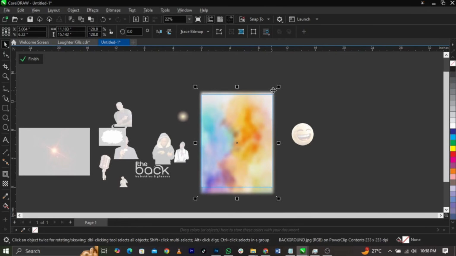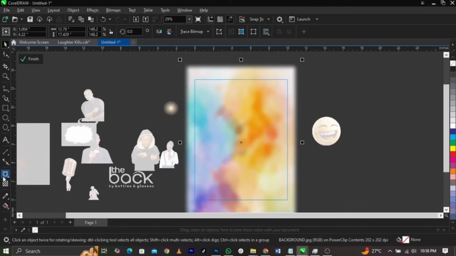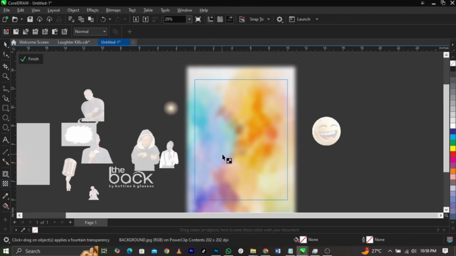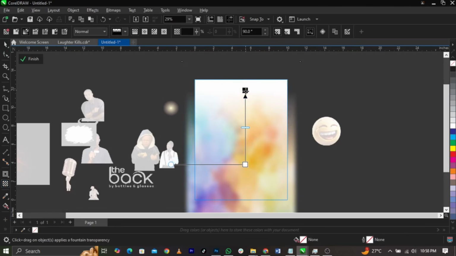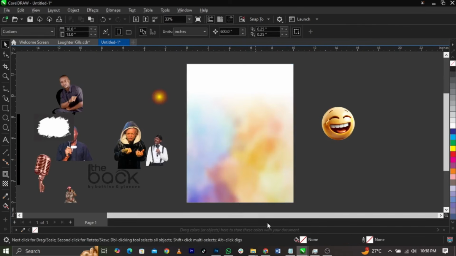So you can basically scale it up a bit so that it's going to cover this frame. Now select your transparency tool and fade out this way. All right, so once you fade it out this way, this is what you are going to have. So click on finish, and the next thing you're going to do is we're going to come over